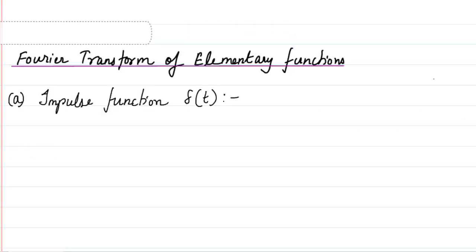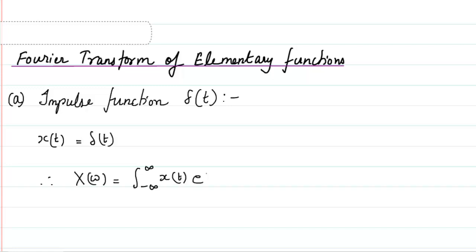Hello students. Next we will look into the Fourier transform of elementary functions. We'll first start with the impulse function delta t. So x of t is equal to delta t. Therefore, the equation of X of omega that we know is to integrate from minus infinity to plus infinity x of t e raised to power minus j omega t dt, where if I substitute now delta t instead of x of t,